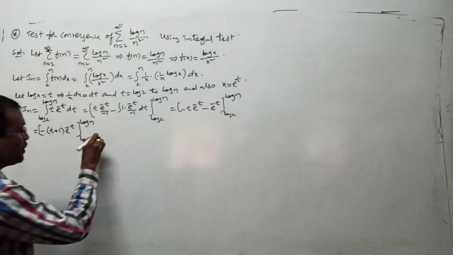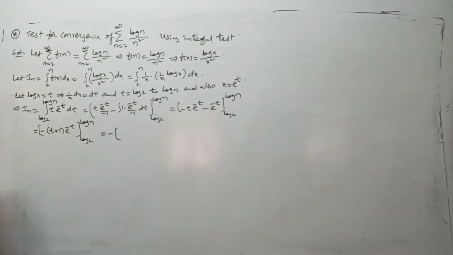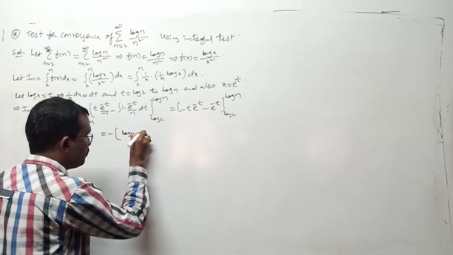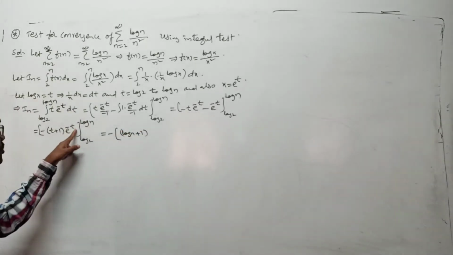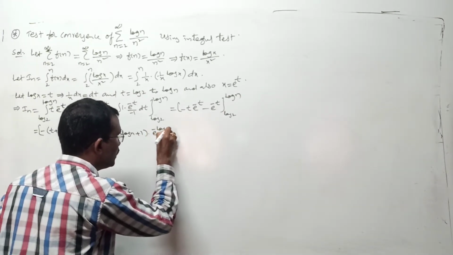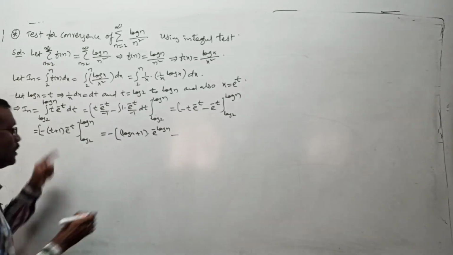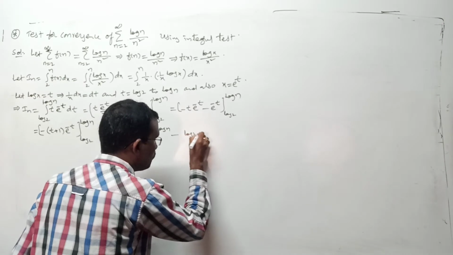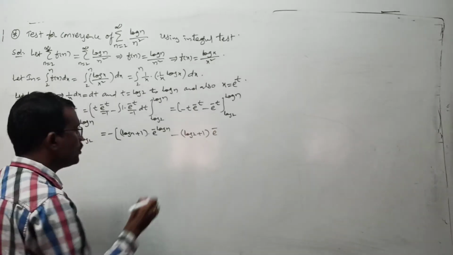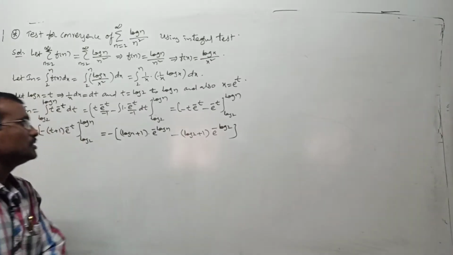Now this minus you can keep as it is outside. First I am proceeding with the upper bound here, right? What is that upper bound? t is log n. Log n plus 1 into e power minus t. Here take t equal to log n. It is e power minus log n. I am writing clearly. That is the upper bound. Minus the lower bound result. Log 2 plus 1 into e power minus t, where t is log 2. Any problem?